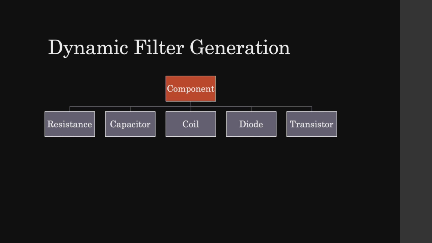For a capacitor, as I said, you have the state space implementation, so you have to update this. So all these components have the same API, and we say, okay, you can pre-compute something if you want. But that's only useful for the diodes and the transistors. You don't need that for a coil, capacitor, or resistance.